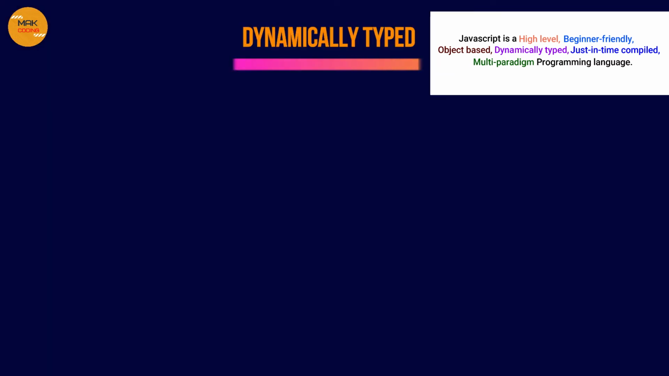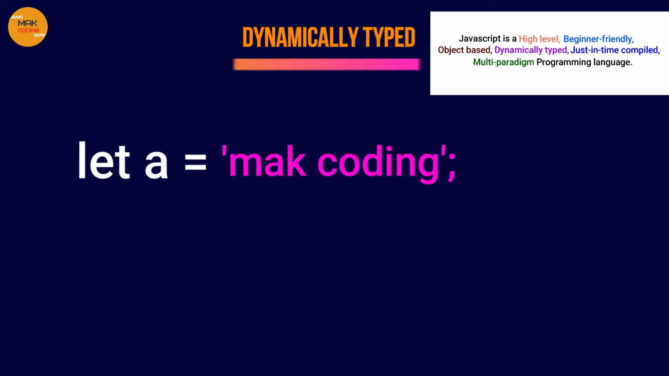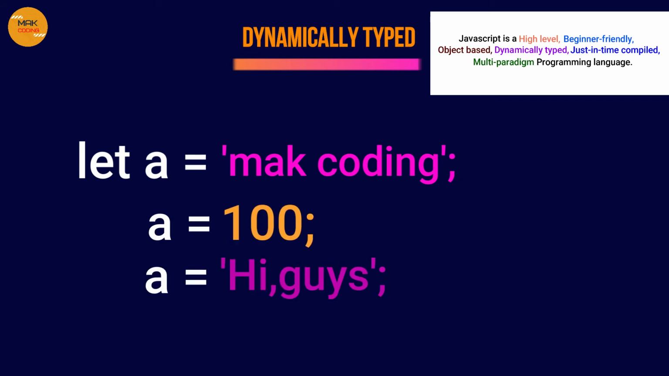And JavaScript is a dynamically typed programming language. It means that JavaScript does not require the explicit declaration of variable types before they're used. Here is a quick example. Declare a variable with some text. We can reassign a value with another data type, no problem in JavaScript, but other programming languages throw an error, such as